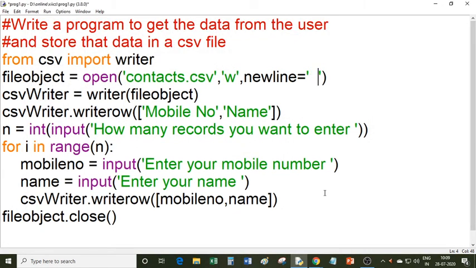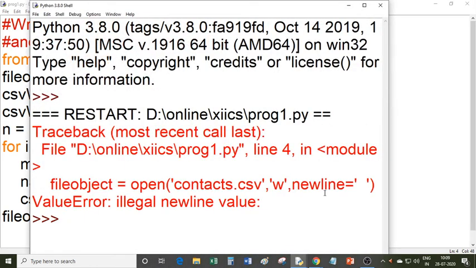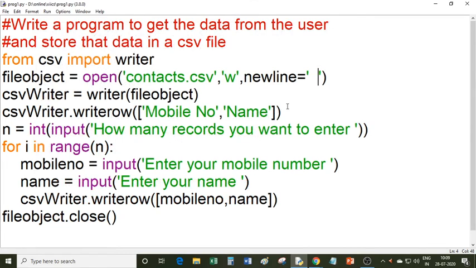Two spaces are not allowed. It will display an error. So only a single character you can give, and it should be like a newline character. So newline may be a blank string, or a single space, or a newline character like this, slash n.